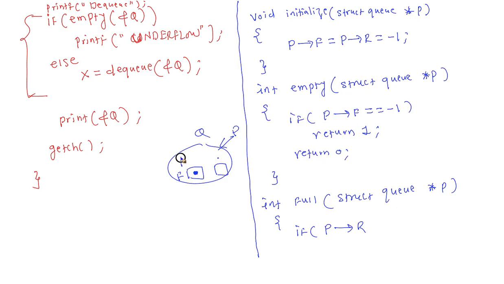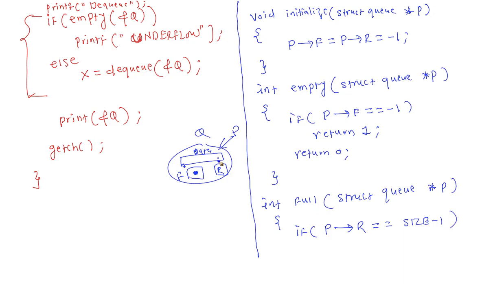If the size of the array is size, this data array, size is 10 here. If this data array size is size, then the last location will be size -1, because we are starting from 0. That means if r is equal to size -1, that is the last location, we'll say that the queue is full. So if p arrow r equal to size -1,